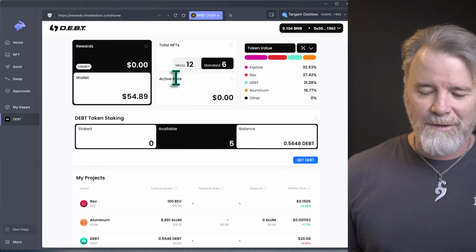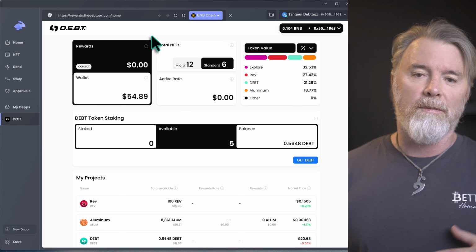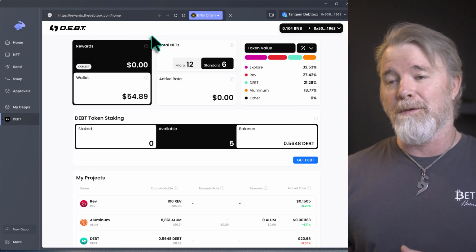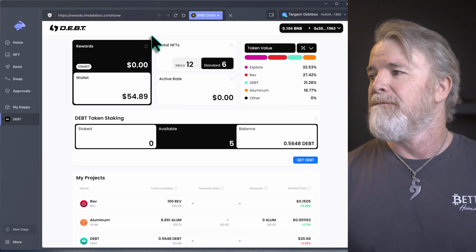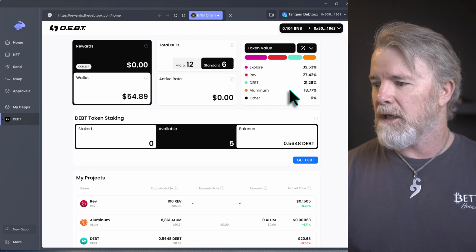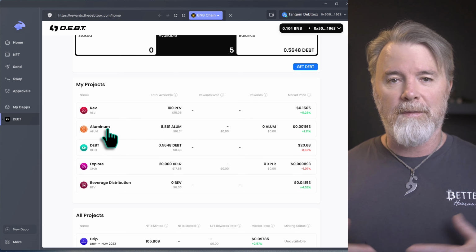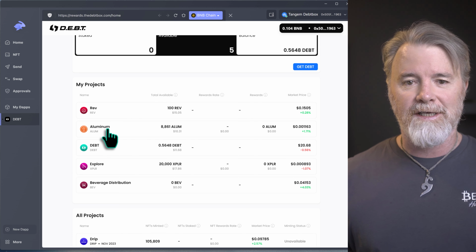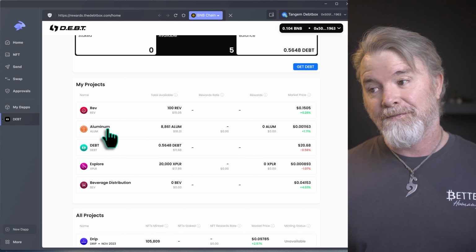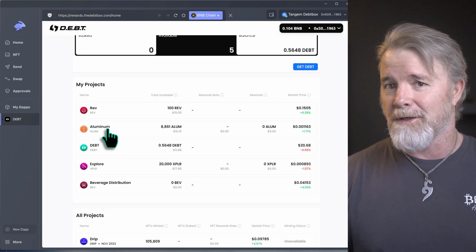Okay, so all I did was connect this Det account to PancakeSwap, and then swap a little bit of Det for some aluminum tokens and send them back to the same wallet. All right, so I just swapped them. So here you can see now I've got aluminum. Okay, if we come down here, now aluminum showed up here. I was thinking, man, I've staked these NFTs and they've disappeared, but you've got to have that token in there, which I didn't realize, probably because I haven't been keeping up with the news so much.